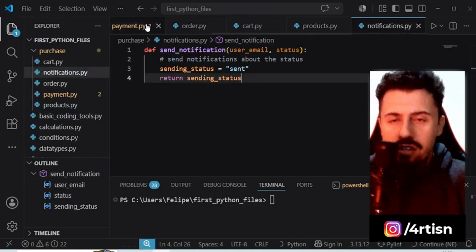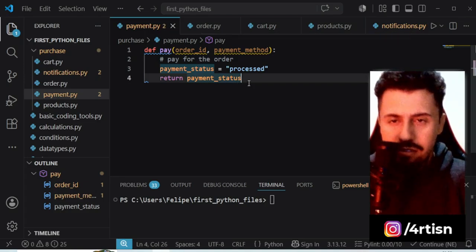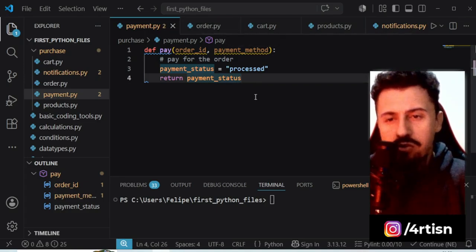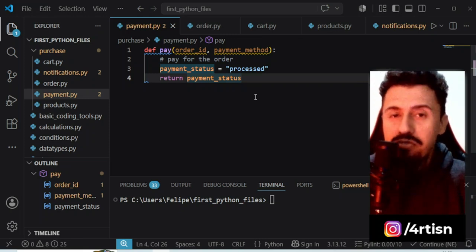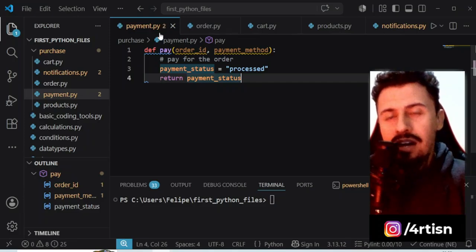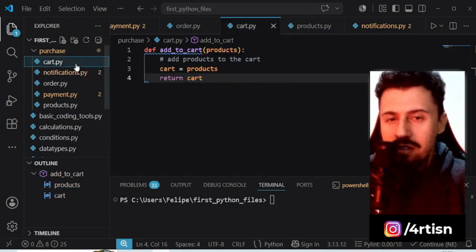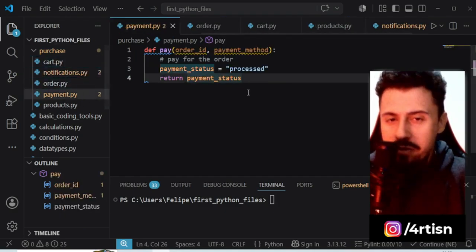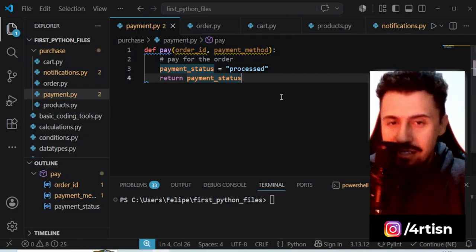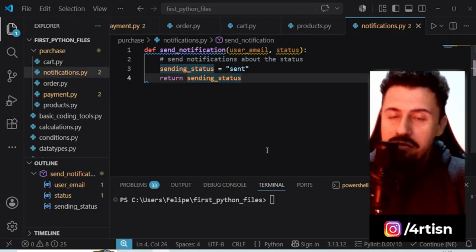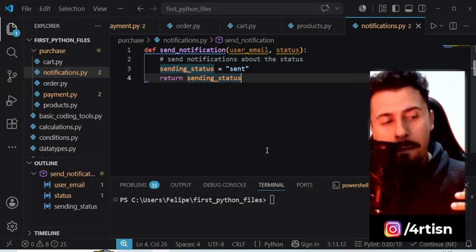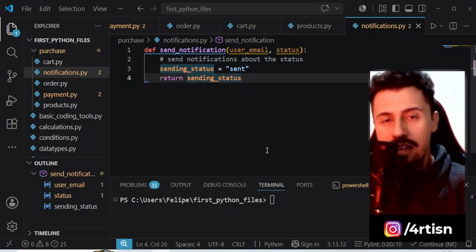Alright, so now instead of having one module with many functions that belong to different contexts, now I have one file per context that represents only that context. And now I'm free to write many other functions that belong to each context inside of each module